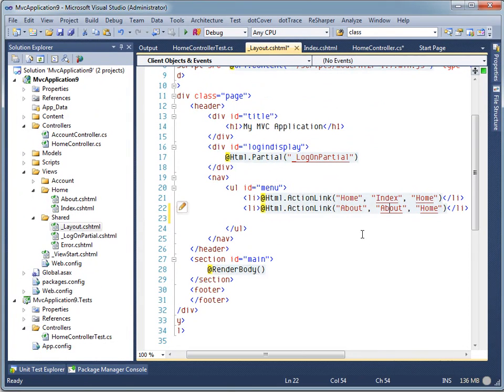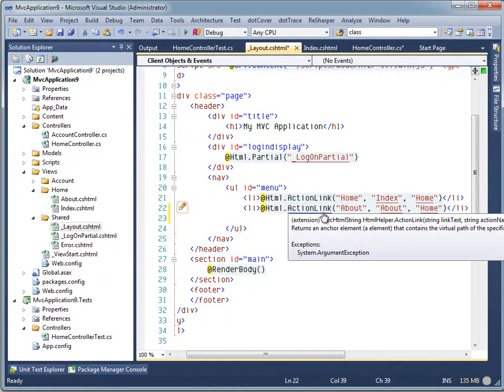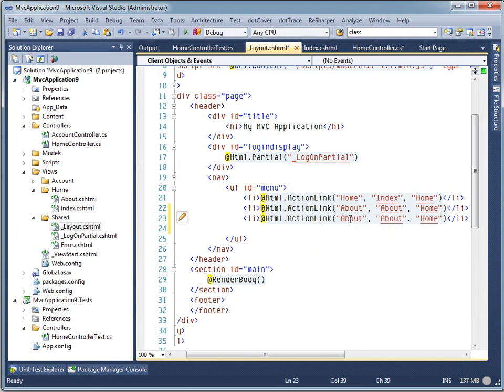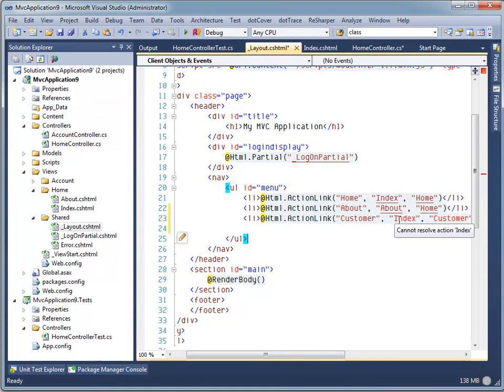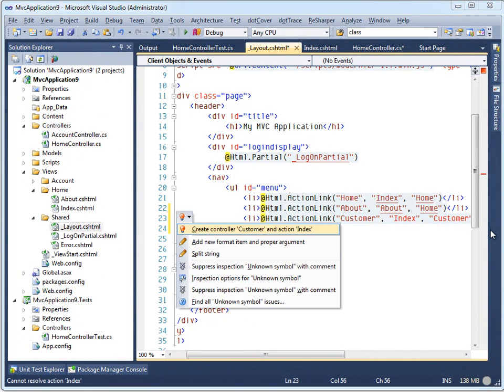Going back to where we were, we can see that we can also do create from usage. Control D to duplicate that. And let's say that we want to create a customer and list all customers. We will see that these items go red because neither the controller exists nor the index. At this point, we can hit Alt Enter to create the controller customer, or alternatively hit Alt Enter on the action to create controller customer and action in one go,